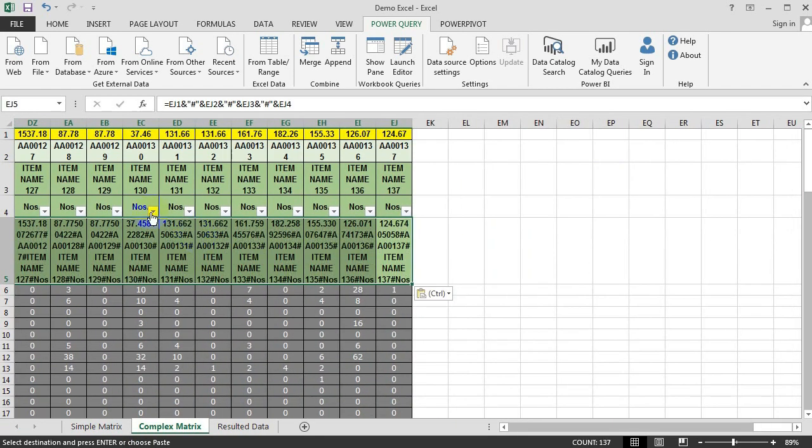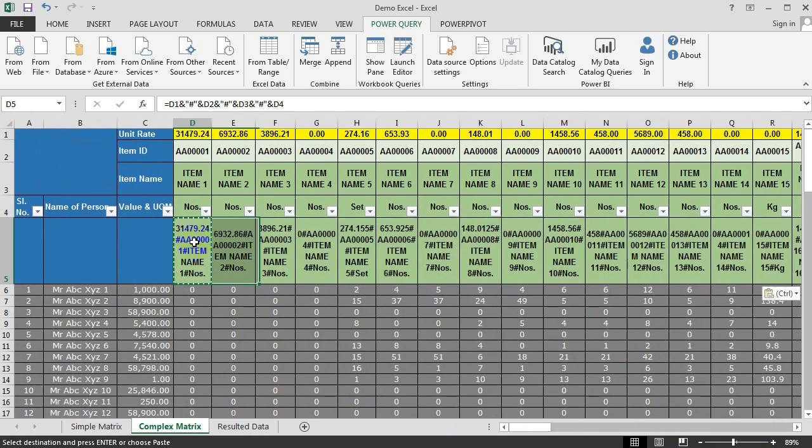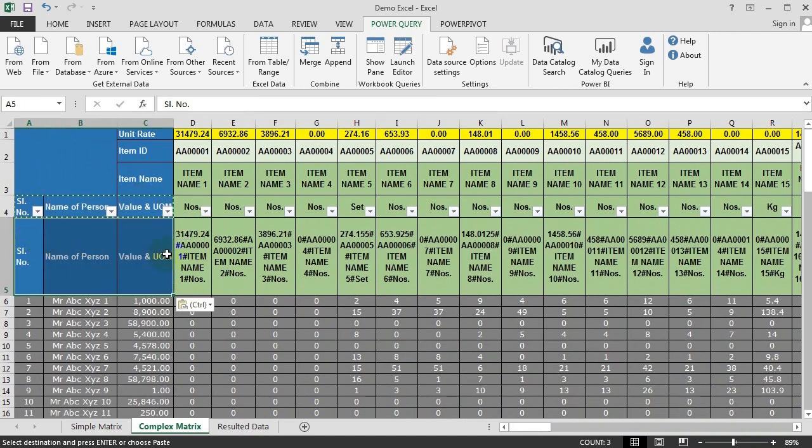Control V to paste the data. Now you find that I get the one header. There were 4 headers. I merged the data into one and I get the header, and I copy this data into there.